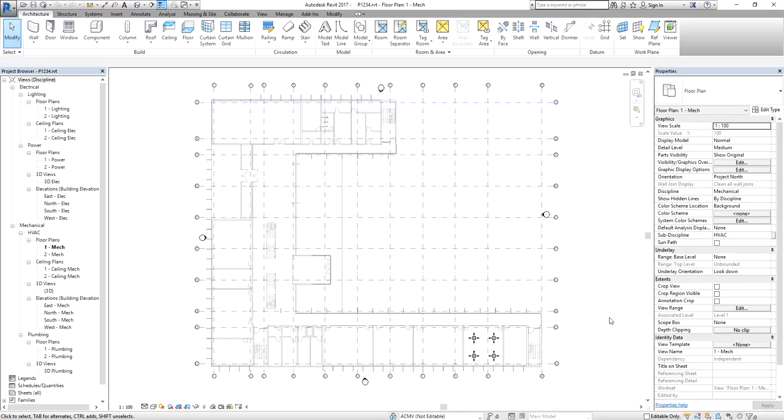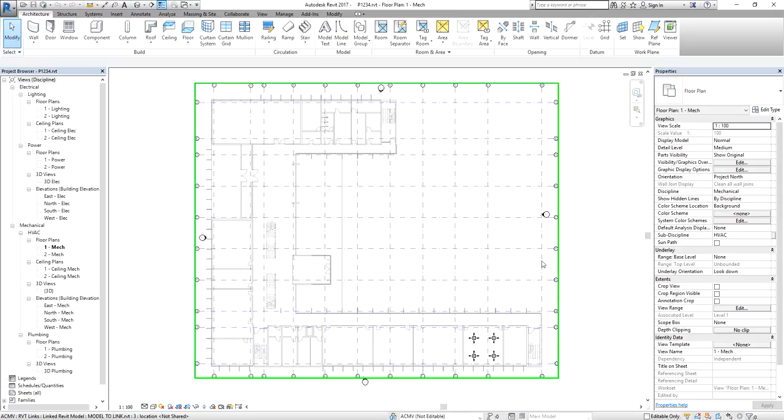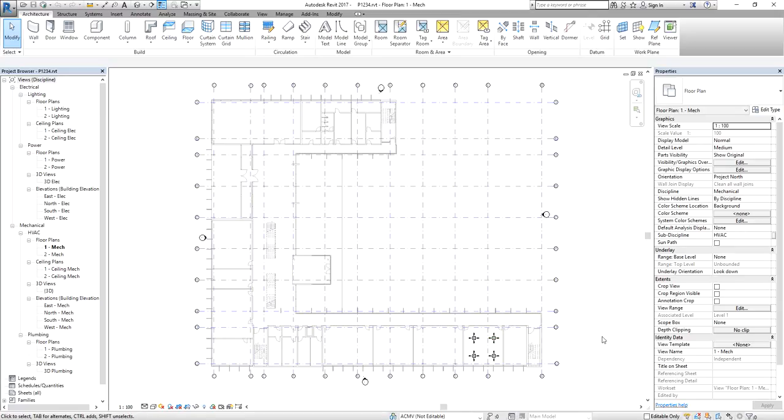Okay, and another thing that you need to know is, I forgot to tell, before you start placing elements, before creating the model, make sure that your active work set is correct. Okay, it's just like making sure that your current layer is correct. So if you're going to do plumbing, make sure plumbing is selected. Okay, just like that, and then you can now proceed to do your modeling.